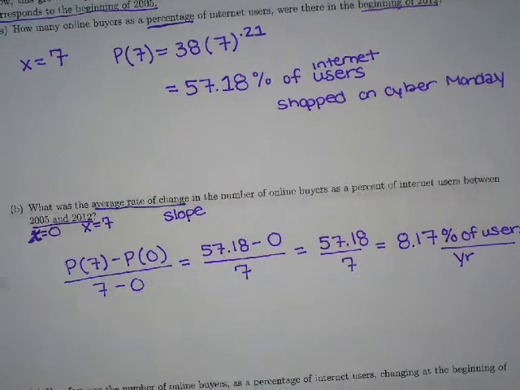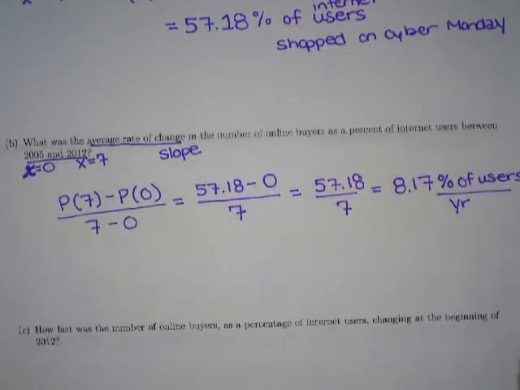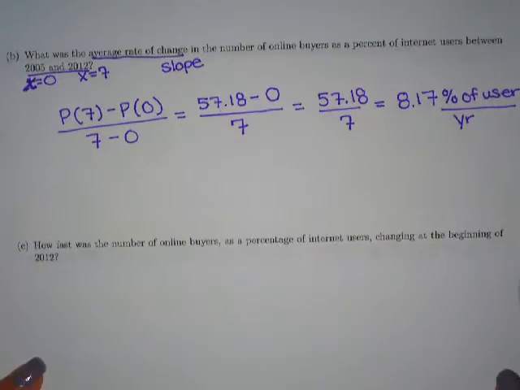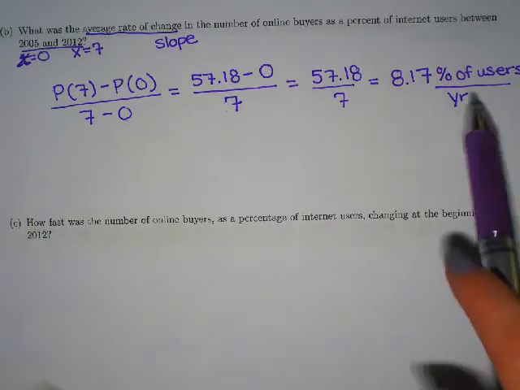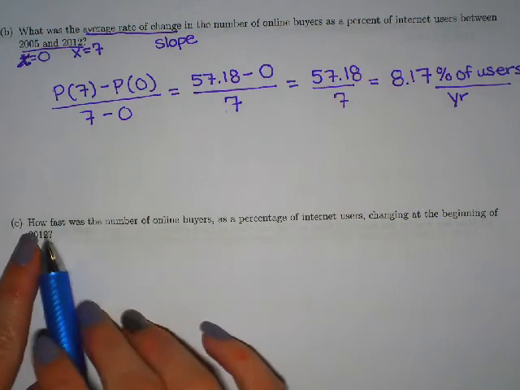between 2005 and 2012. And we don't have any interpretation on test 1, but I'm just trying to give you a preview. Positive means it's increasing by about 8% of users per year between 2005 and 2012. That's what we just found. What I'm looking for on test 1 is mostly just knowing your units so far. And then we'll get into the point where we're like, oh, okay, we can write a full sentence about this